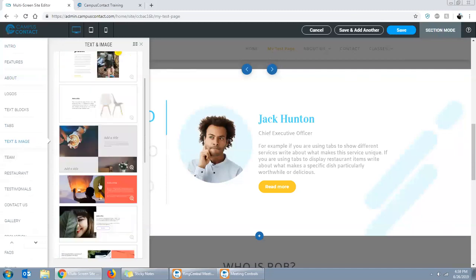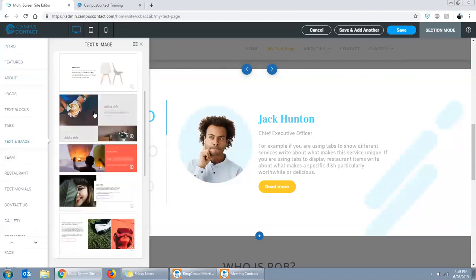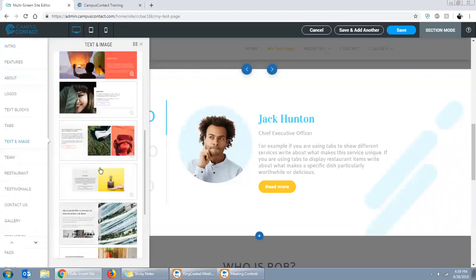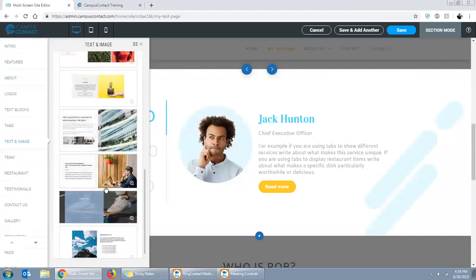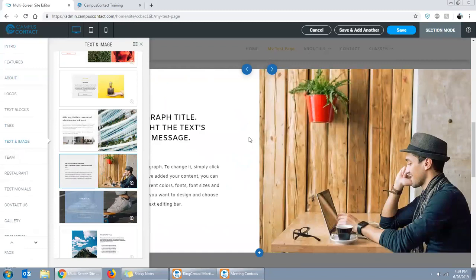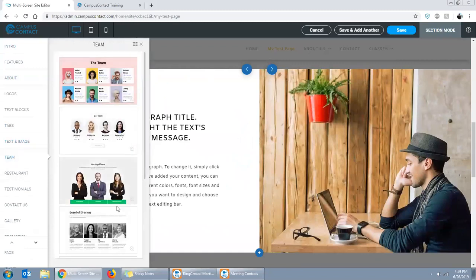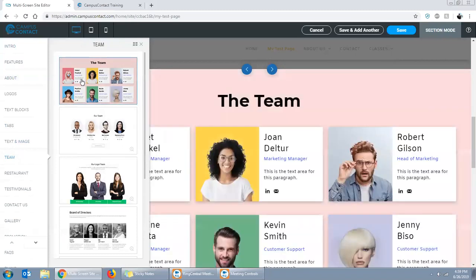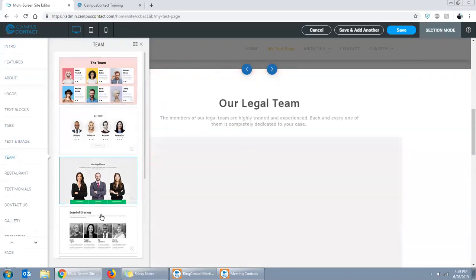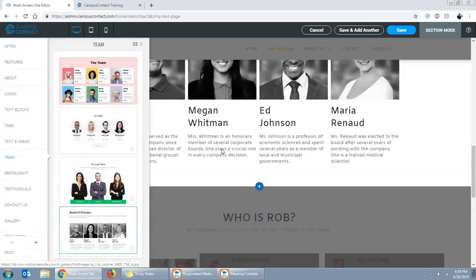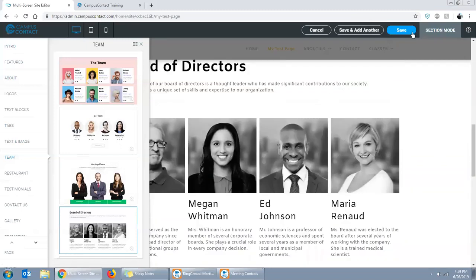Here's text and images. So let's say we like one of these. We simply click it, add it to the page, change the photo, change the text, and now we're done. So it's already pre-styled. If you're going to add a team page, maybe a section about your staff members, click the team. Of course, you can change the colors and the photos and whatnot and make it your own quickly and easily. When you're done, click Save,